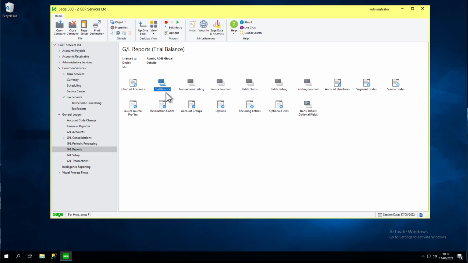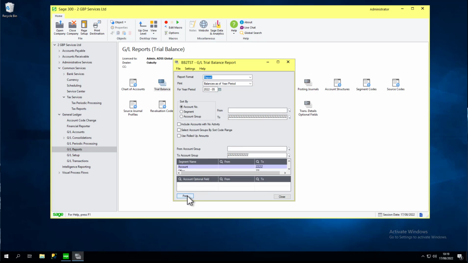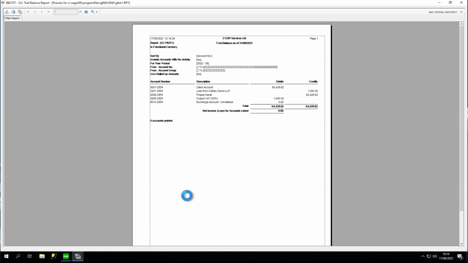Now if you choose the report that you want to run, and we're going to choose our trial balance report, and we'll just run it in the usual way. So I shall just print this to the screen. And when the report has run, in the top left hand corner we have the option of export report,